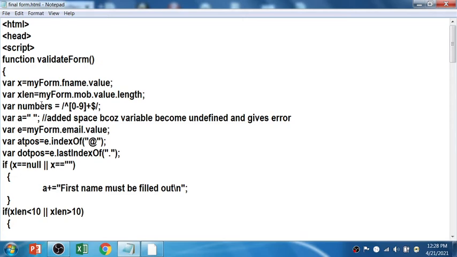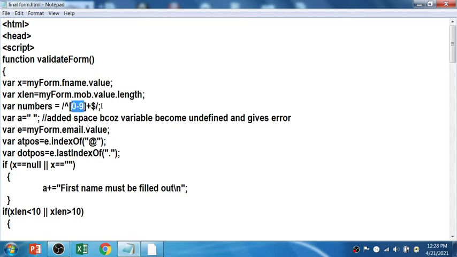Then variable number. There is a specific pattern to check for numeric numbers, and this is the specific fixed pattern. You can see all these symbols are fixed except 0 to 9.